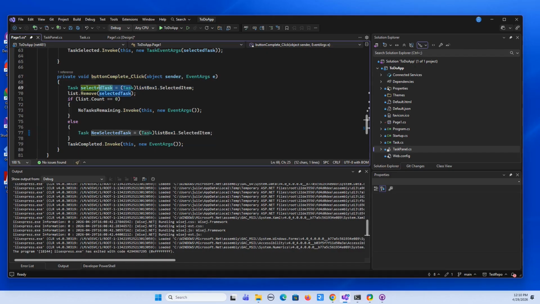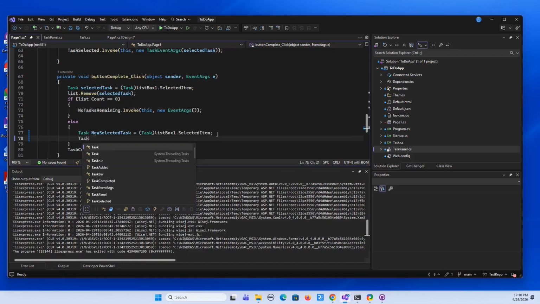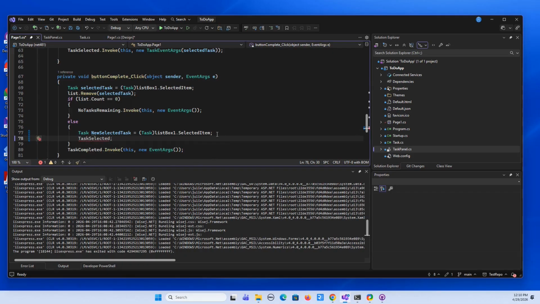And this is different from this because after this code runs, the list.remove, right, it selects a new item from the list. So we've got our new selected item, and then we're just going to invoke task selected, because if